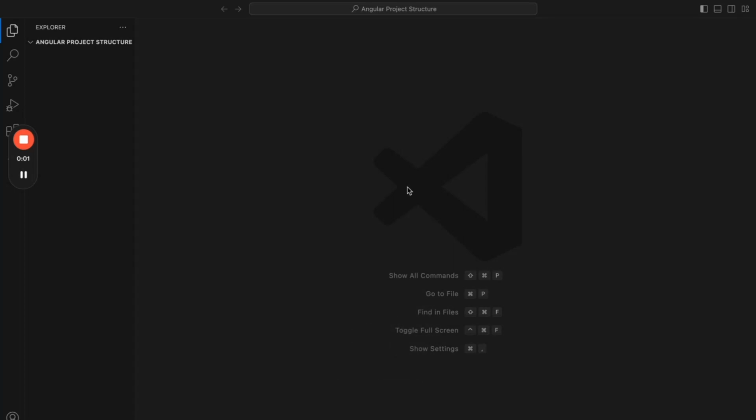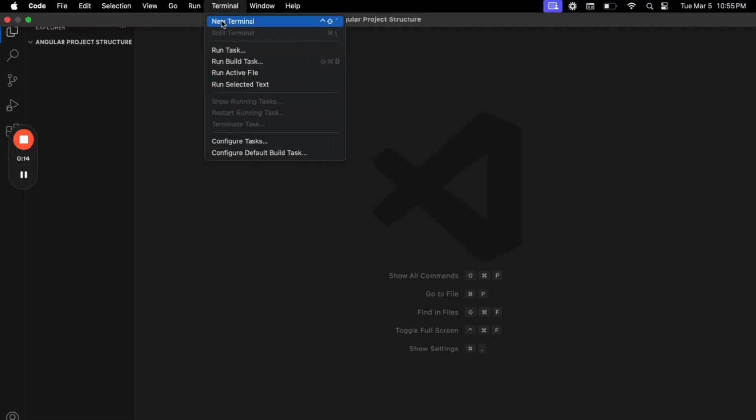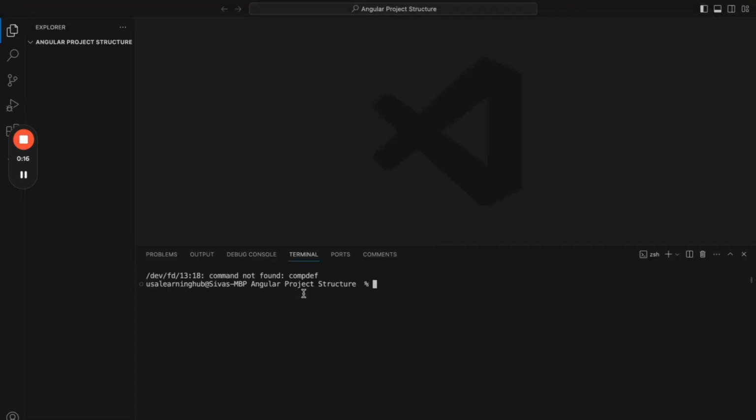Hello everyone. Let's create the Angular 17 project, and I'll go over one by one folder as well as the file and its purpose. So let me open the terminal. So to create an Angular project, ng new, the project name,